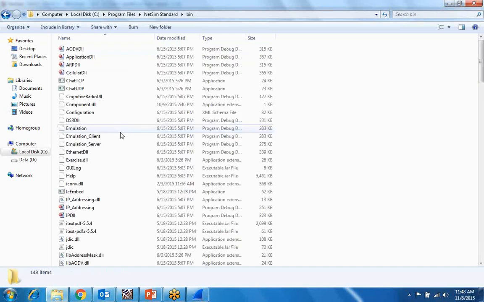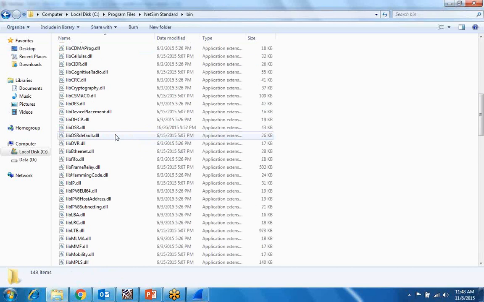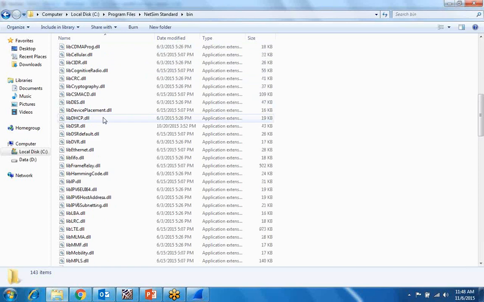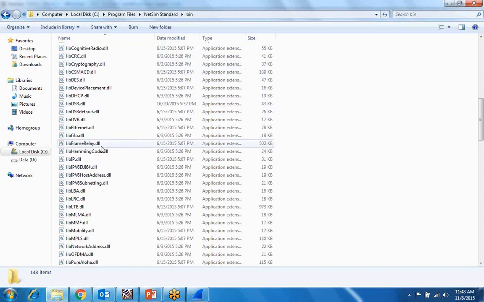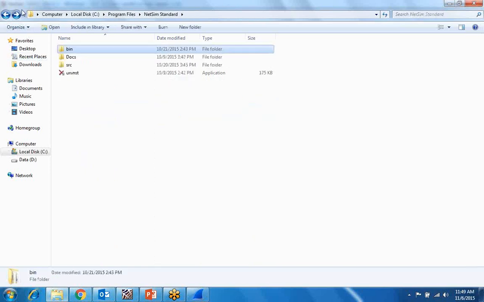And in the build folder, we have some DLL files. The NetSim software works on the DLL files. All the technologies have different DLL files created here. It will access those DLLs, and likewise it will work. Like if we select this libdsr.dll, the DSR protocol will work. After editing that, it will create a DLL file, so we have to replace those DLL files from here. Okay, I'll just show you how to do it.